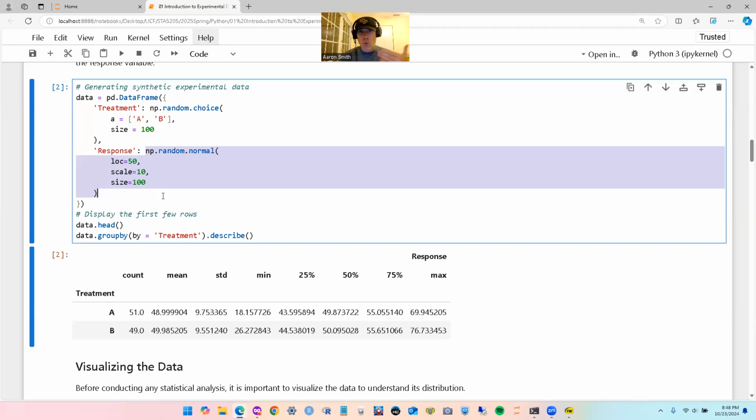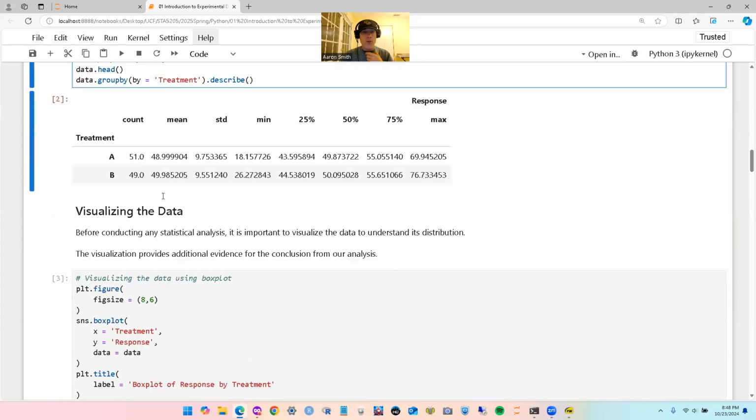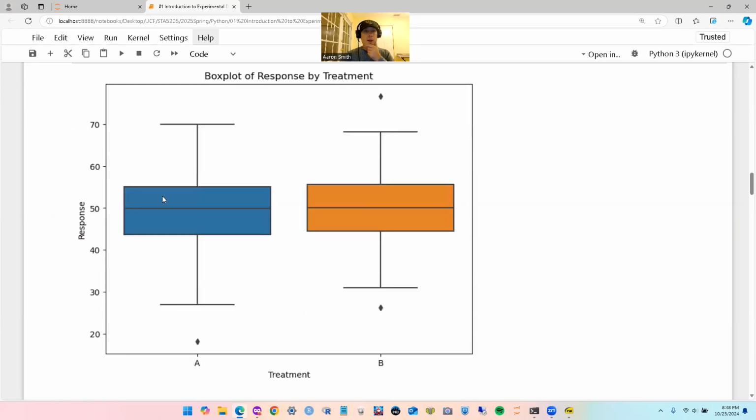But in actual real life experiments, I'm not going to know this until I'm in my analysis stage. So here I see two box plots and they're parallel to each other. I see that the boxes are lining up. If I see that the boxes are very different heights, that's an indication that we have different means. If the lines and the boxes are basically pointing to each other, that's evidence that we don't have a meaningful